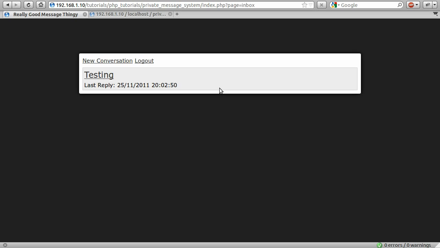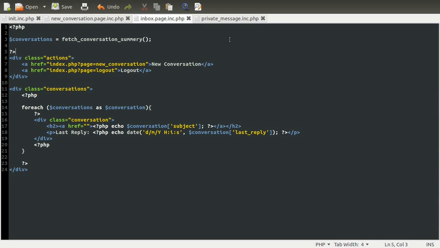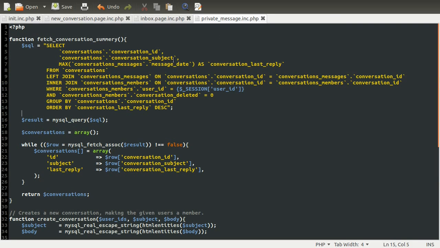So the next thing we're going to do, because this message should be unread, is work out the way to mark, or not mark, a message as unread. So we're going to go back to our code and the private message backend file. I need to modify our query to check to see if the last date, the last message reply, is greater than the last view time of the user. And if it is, that means the message is unread, because there have been more messages since they last looked at it. So we're just going to duplicate this down,